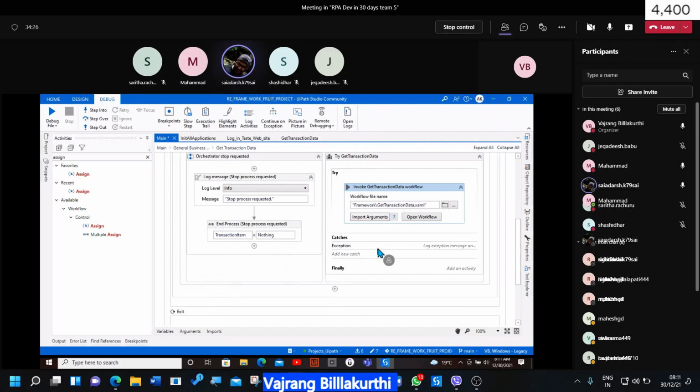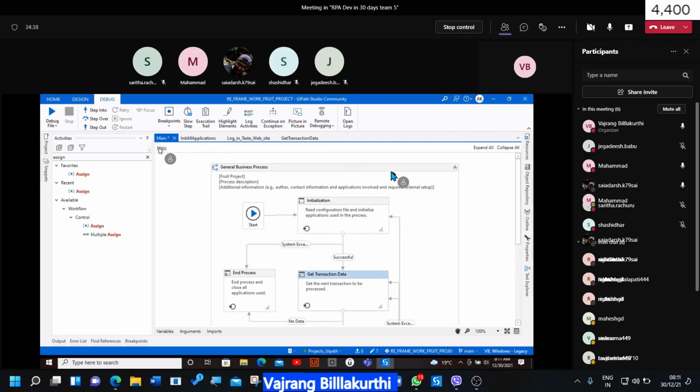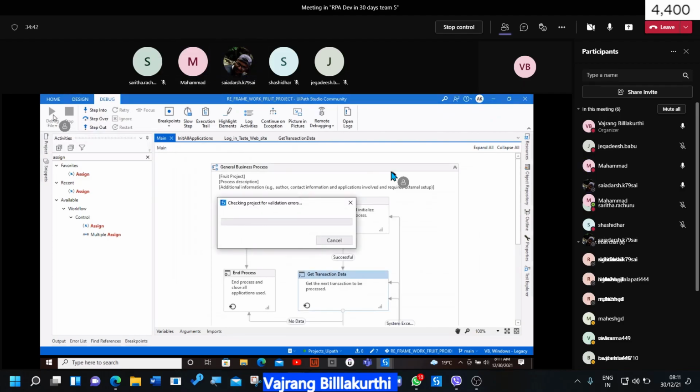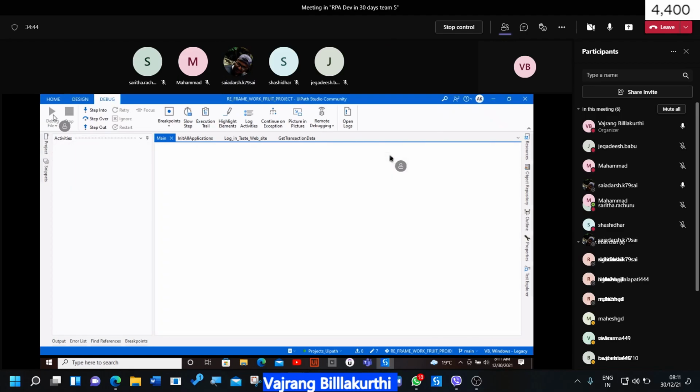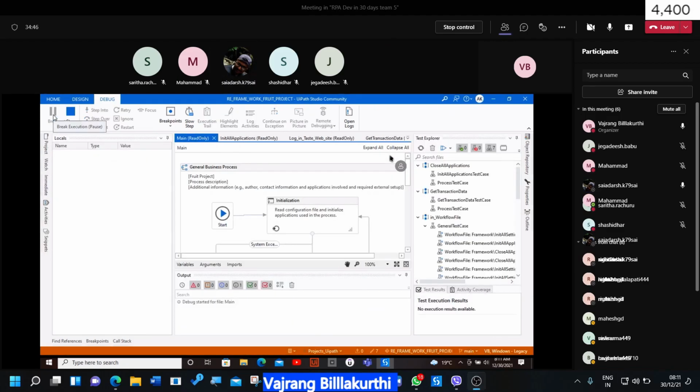Can I open the process side to see whether that debug argument is there? Debug the file, we'll get to see. See, once you have placed everything, you need to run it only from main so that you will see all the issues. In process side, I used in transaction item there.